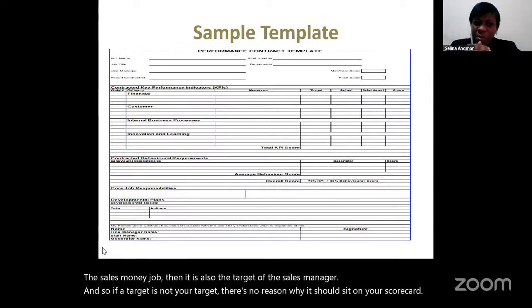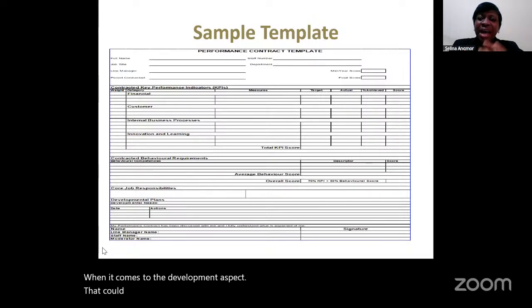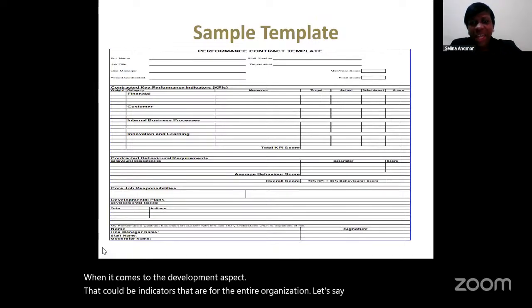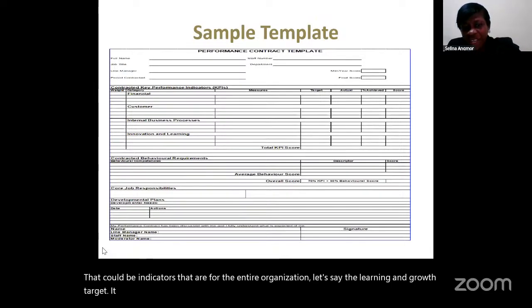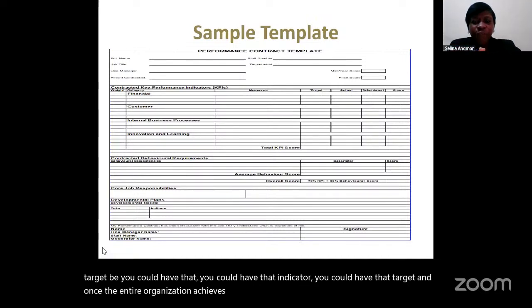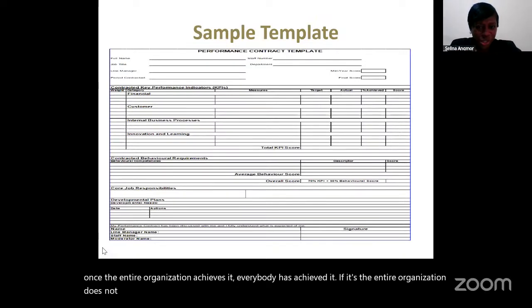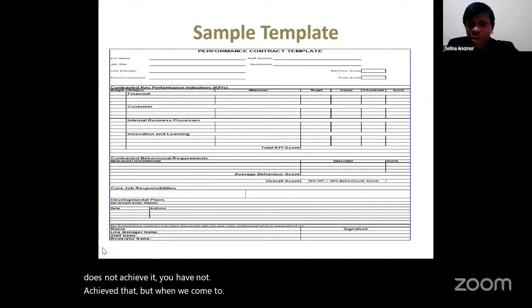When it comes to the development aspect, there could be indicators that are for the entire organization. Let's say the learning and growth target. You could have that indicator, and once the entire organization achieves it, everybody has achieved it. If the entire organization does not achieve it, you have not achieved that. But when we come to goals that are cascaded down, like financial targets,